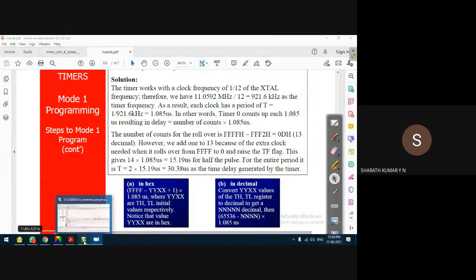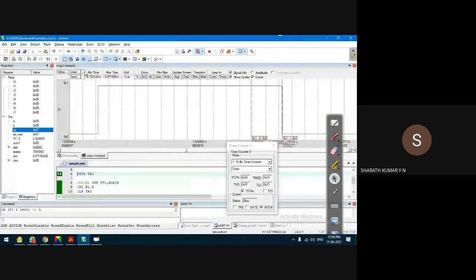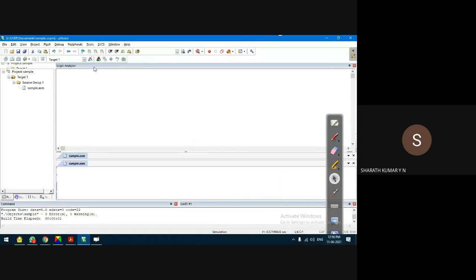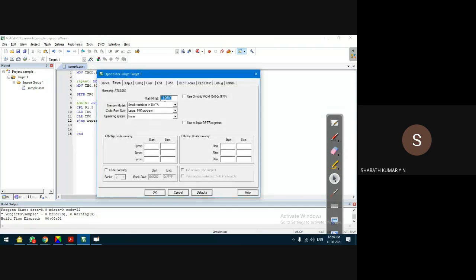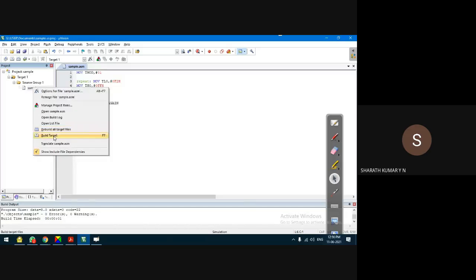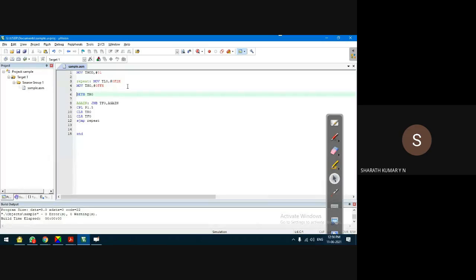Yes, I'll check the target options also, because is it set to, yeah, it's set to 11.05 megahertz. Use on-chip ROM, it is not necessary. That's all. I'll run the program again. Otherwise the values are correct.